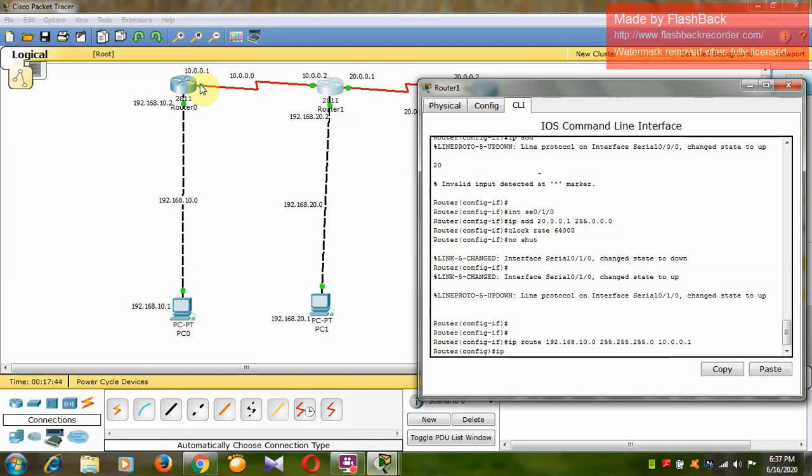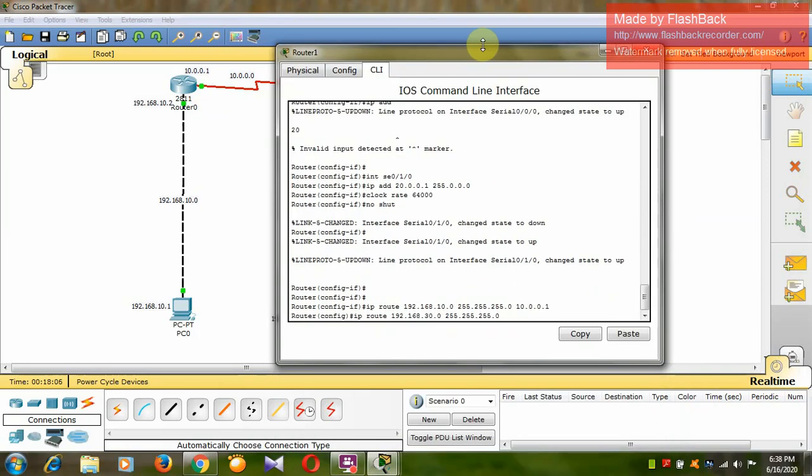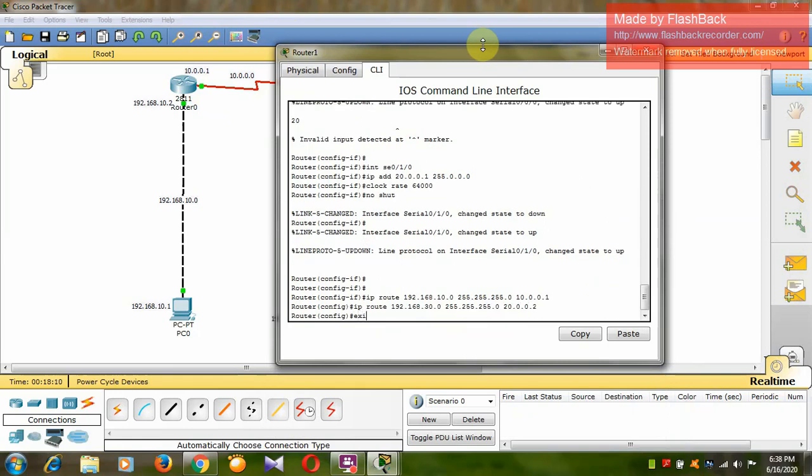Okay, now similarly I have to tell it about the 30 network also. So 255.255.255.0. Now here which will be the next hop address? Now I am in this router 1, so the next hop address will be the interface 20.0.0.2. Okay, next hop address, so 2. Okay, so exit.